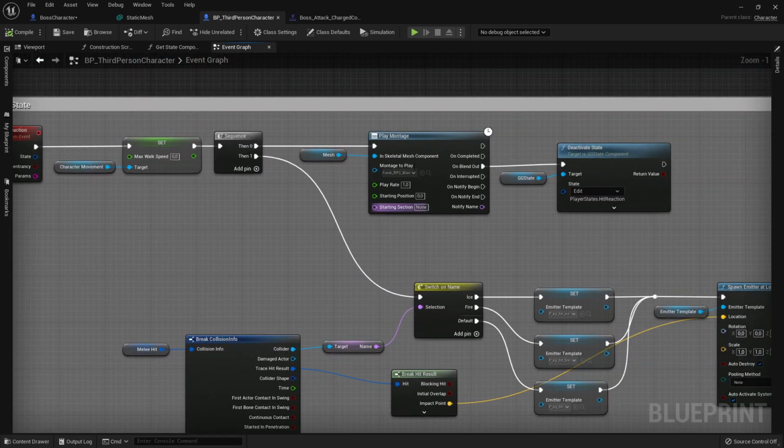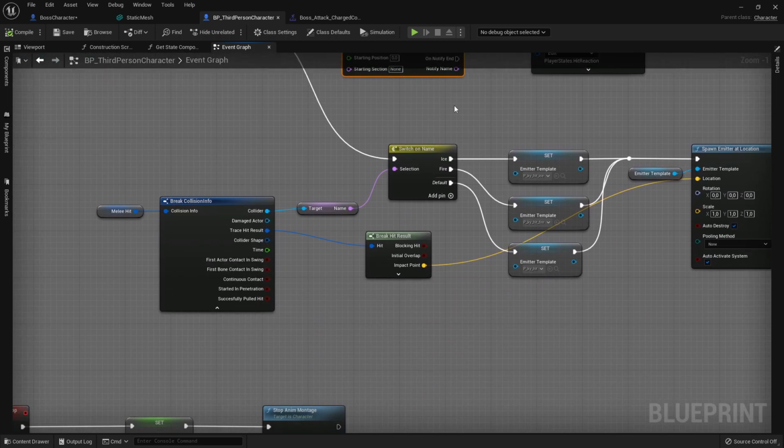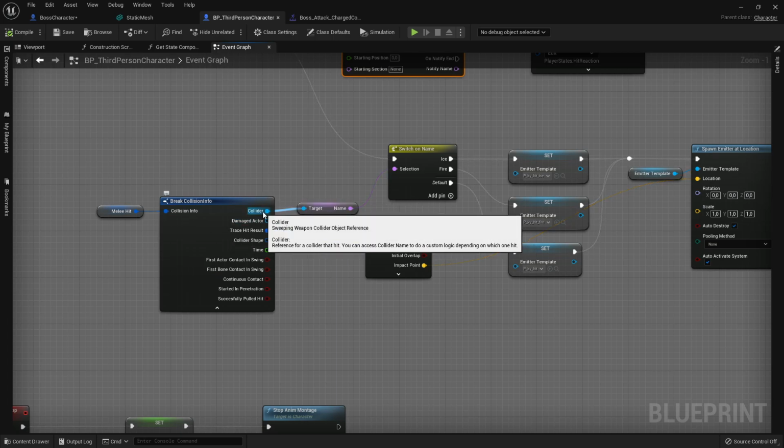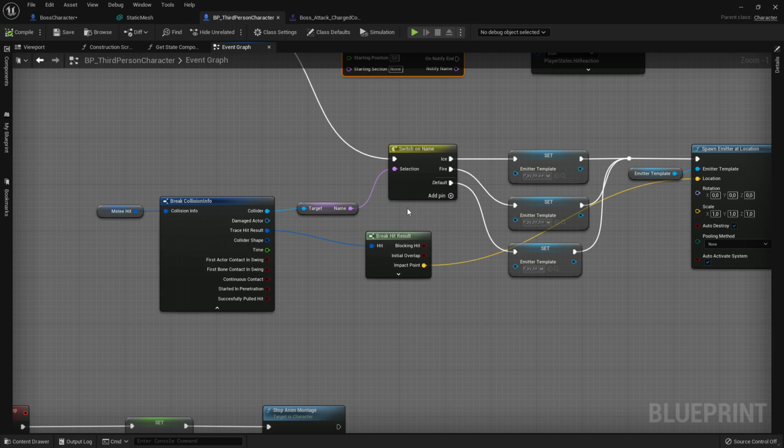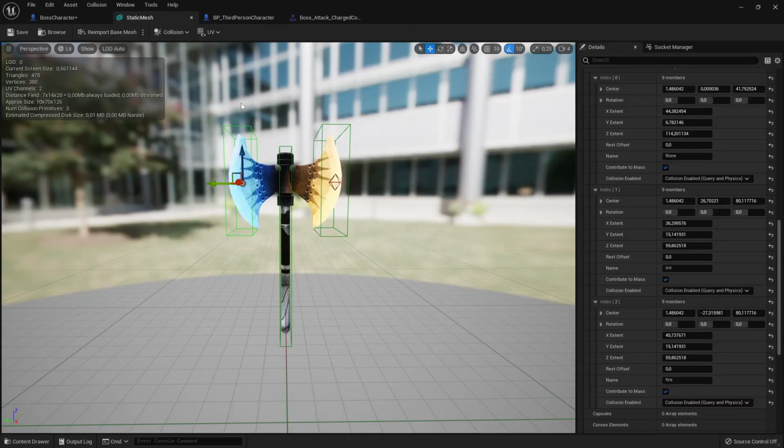And in hit reaction state, I play some animation, and then I do an interesting thing, because this collision info is giving you information which collider hit. And then I can, as I said, system is tracing those colliders, but look that we can name those colliders. So for example,